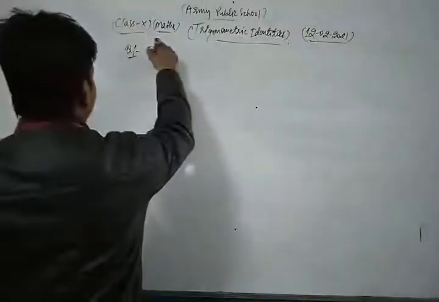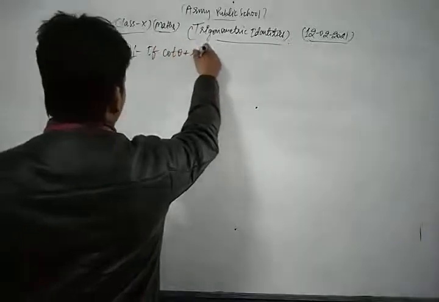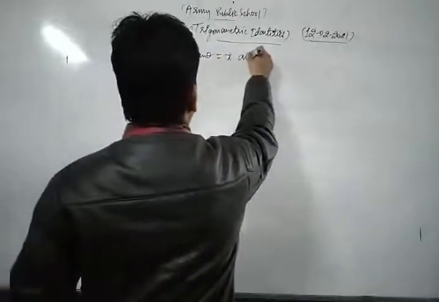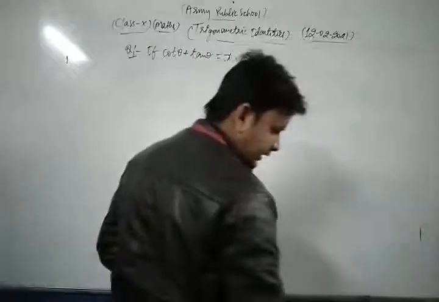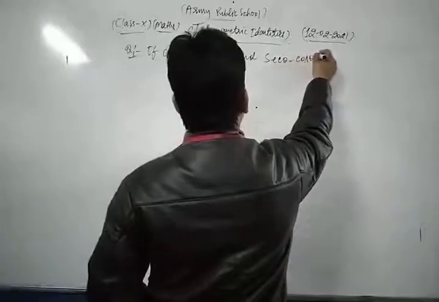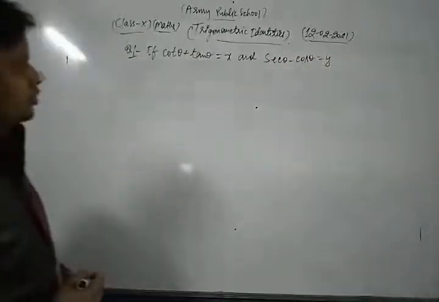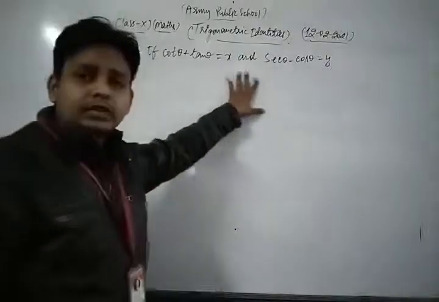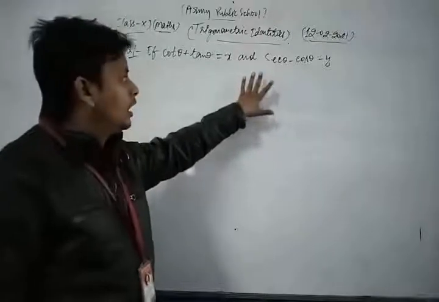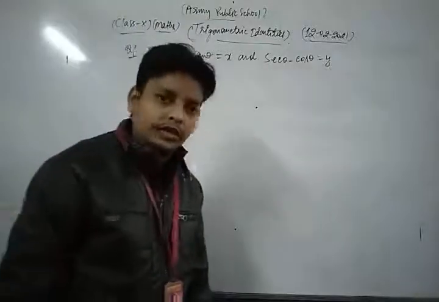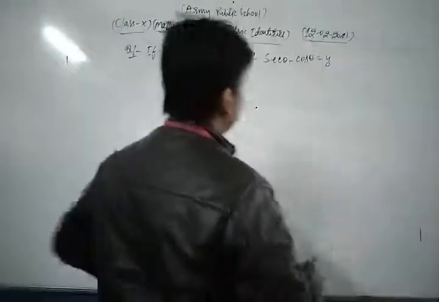If cot theta plus tan theta is equal to x, and sec theta minus cos theta is equal to y. Okay dear students, this is the question here. We take here: if cot theta plus tan theta is equal to x and sec theta minus cos theta is equal to what? y. Okay, now then prove that